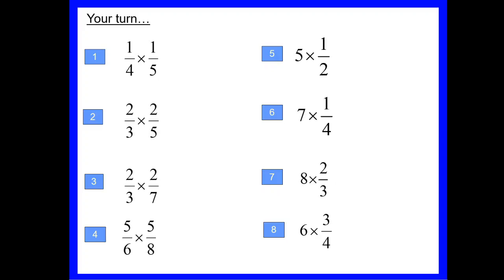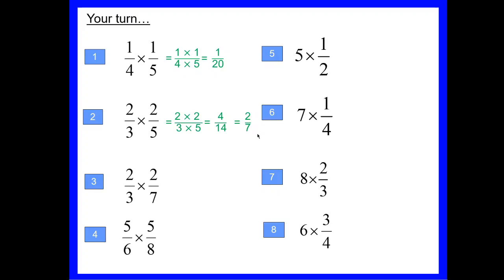All right, let's have a look at the solutions then. So for our first one, we've done 1 times 1 is 1 and 4 times 5 is 20. We get 1 out of 20. We can't simplify it. For number 2, we get 2 times 2 is 4 and 3 times 5 is 15. They're both even, so we've divided them by 2 to give us 2 out of 7,